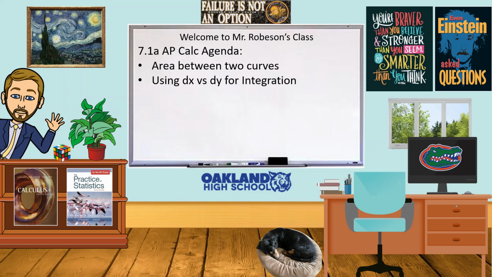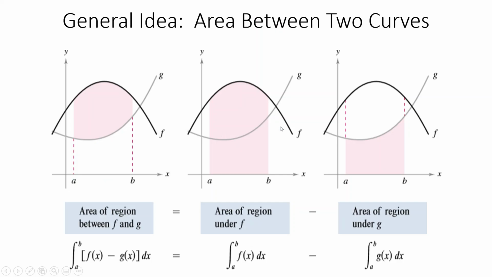All right, welcome back. Unit 7 here, we're working with area and volume, and we start off working with the area between two curves. So if we were to graph two functions g and f, and we want to know what's the area of the section between them from two particular endpoints, well, what we do is we first we find the